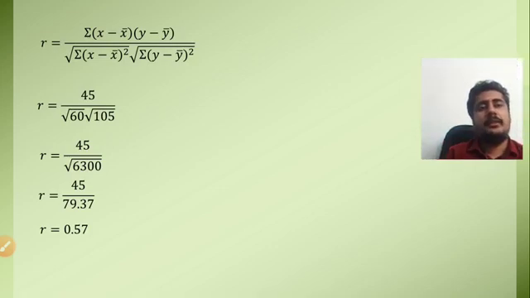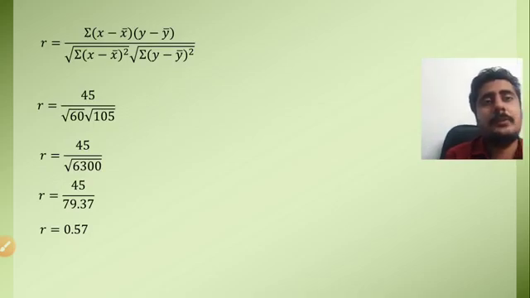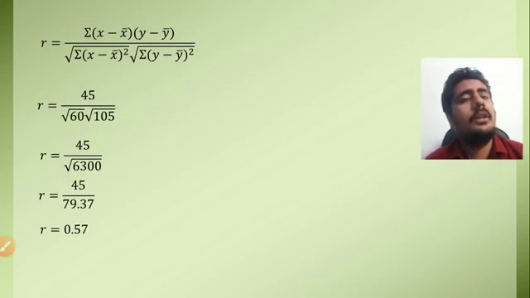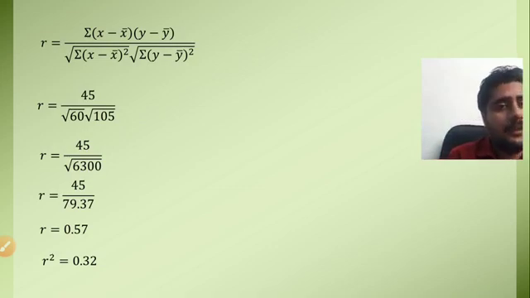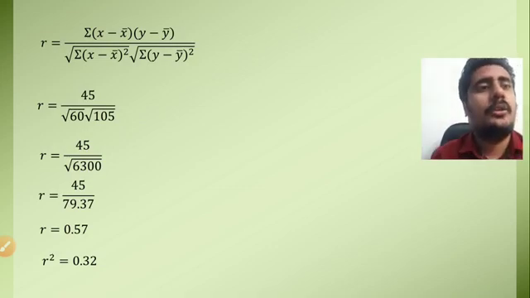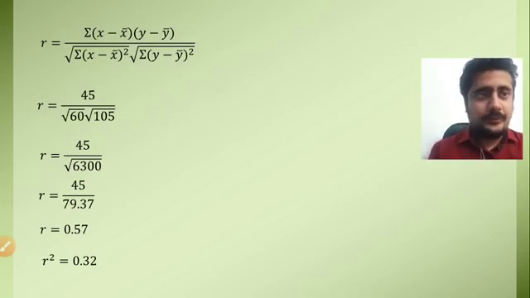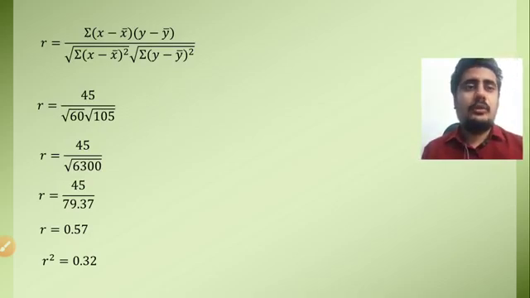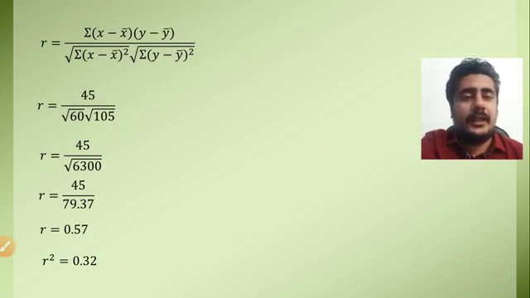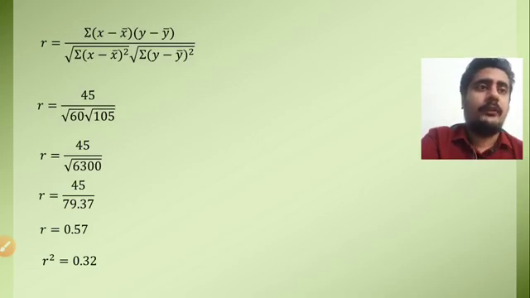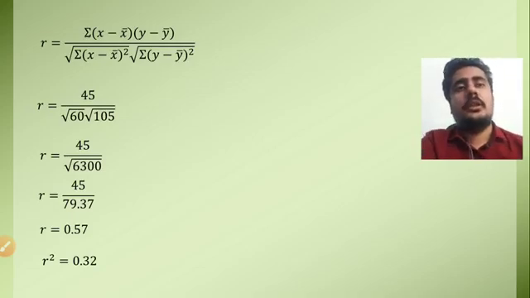Now, as I told you, I have not found r square from the beginning, I have found r. If I want to find r square, what should I do? I should just take the square of r given above. So if your r is 0.57, just make the square, it will be 0.32. If you get some fraction difference, then you have to take 4 or 5 or 6 digits while making the square. I have written 0.57, actually it's 0.56 something. So take 4 or 5 digits and make the square, you will get an approximate answer.